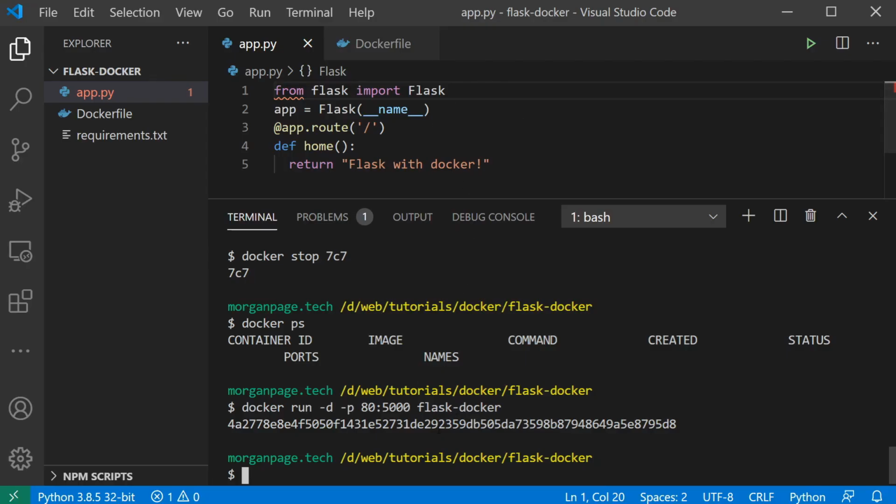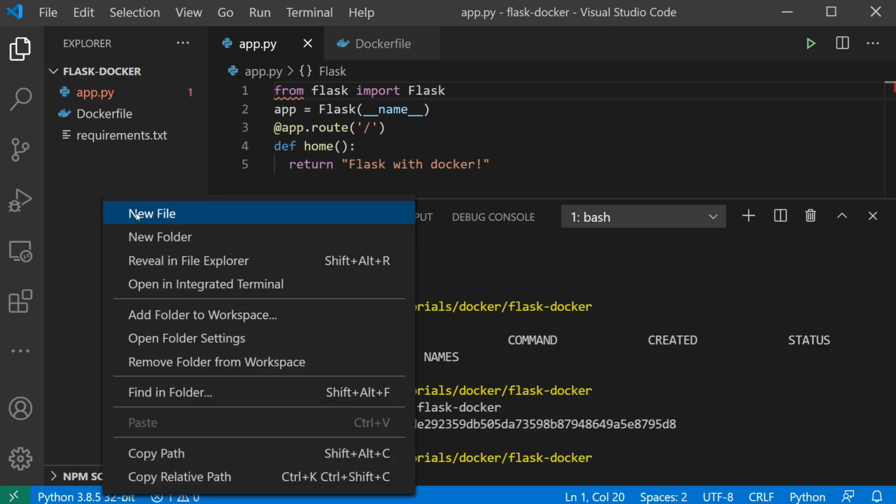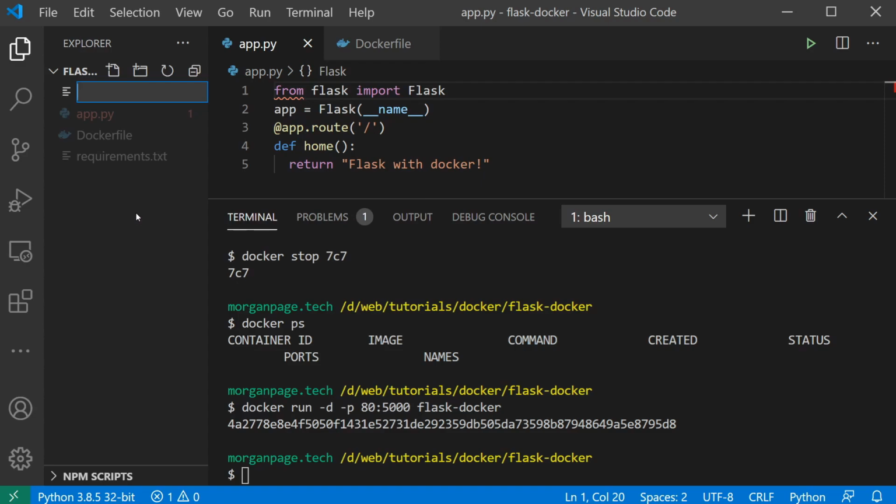Now as you could see, it's going to be quite tedious to keep coming in here, making amends, and then having to rebuild the image and then rerun the container. That's quite a slow development iteration loop. So we can definitely improve on that, and we do that by creating another file, which is the docker-compose.yml for YAML,